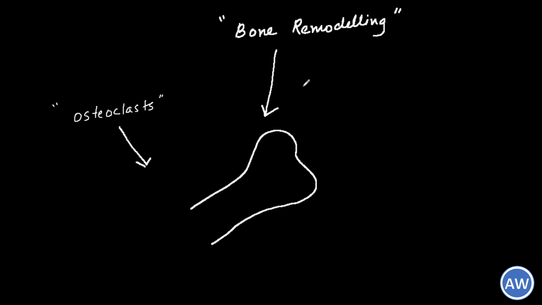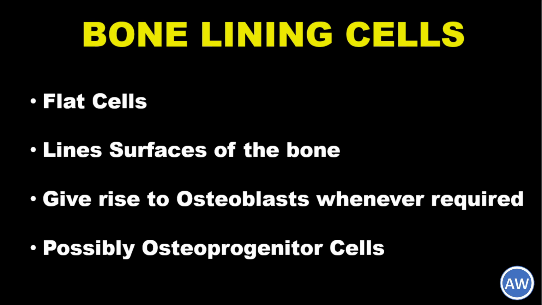Apart from these mentioned cells, a few cells can be seen lining the bones in the periosteal and endosteal surfaces, the bony cavities and spaces. These cells appear as flat cells which can possibly give rise to osteoblasts. These are called the bone lining cells. The cells of the bony tissue lie separated from each other by the bony matrix. Now let us see what it is made up of.